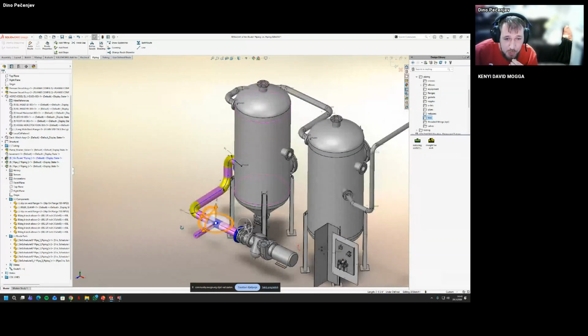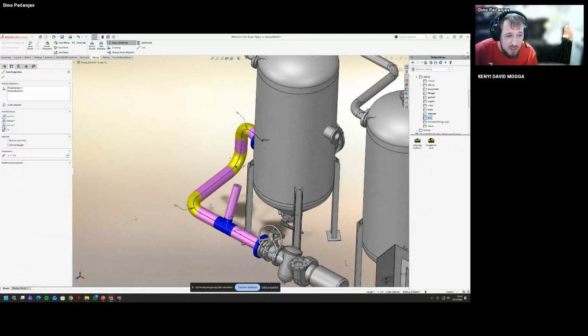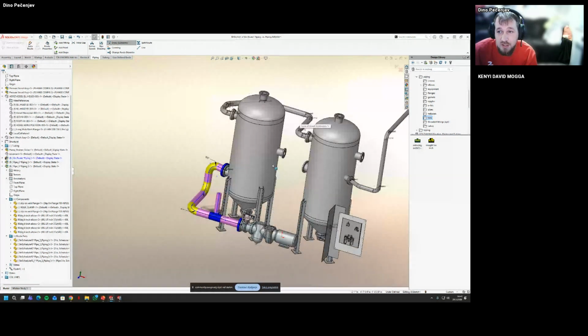If I need to control this, I can control it with the library, or this is not completely fixed. So let's say I want this part to go along the y-axis, and this is all set.